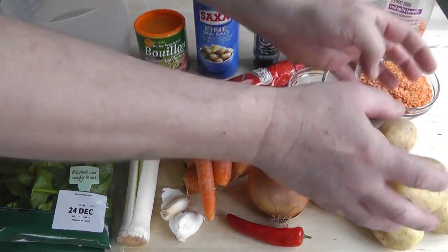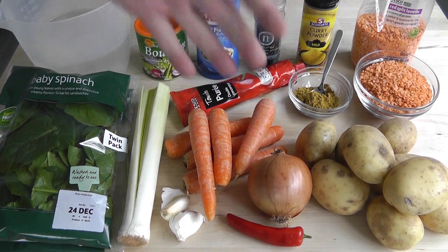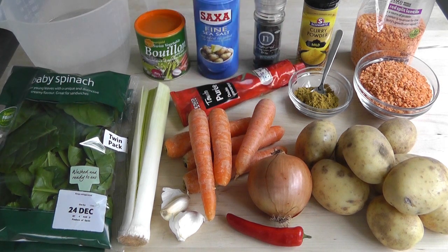Now I've got a good handful of potatoes, going to peel those, probably chop them in half. If you've got really big potatoes, you might want to chop them into quarters. I'm going to use Maris Piper potatoes, but you can pretty much use any potato you want. The only thing you don't want to do is boil them so much that they disintegrate, but equally you want them to soften up, nice soft potatoes. So that's the potatoes. Then I've got one whole onion, just going to peel that and chop it fairly fine,